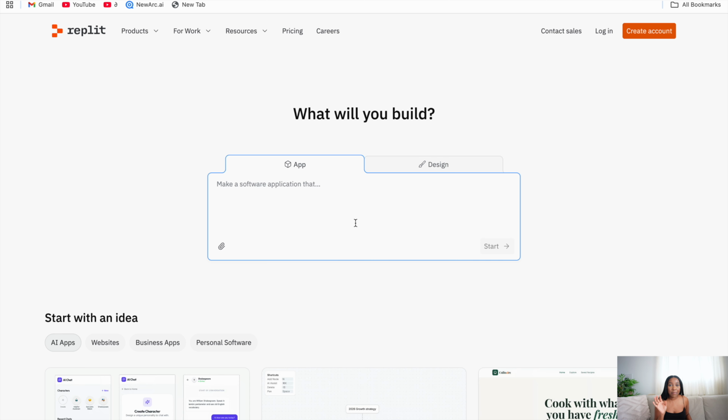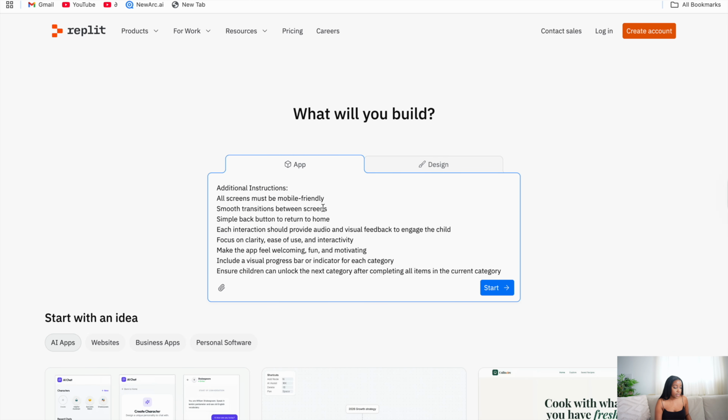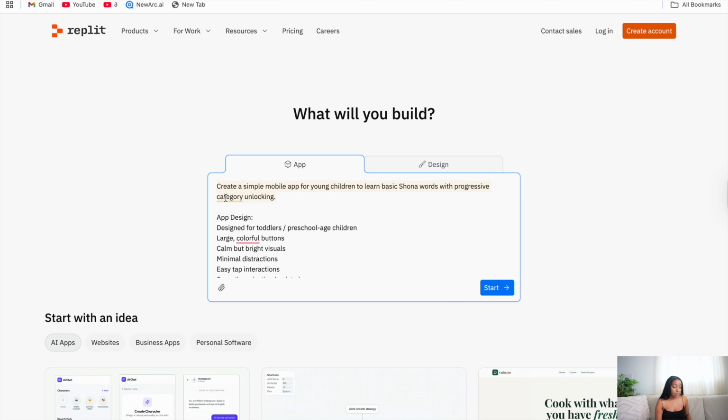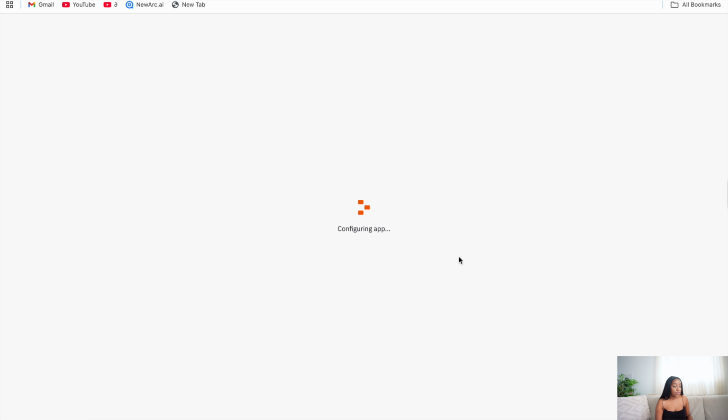So we are on the Replit platform, and I'm gonna go ahead and paste my prompt. And as you can see, it's a super detailed prompt. And I'm gonna click here where it says start. And it's now creating my app. I was gonna go ahead and put in the Shona translations for all the different categories, but I actually want to put Replit to work and see whether it's able to come up with that. I'll be shocked if it is, but I am definitely prepared to help Replit out and put in the Shona